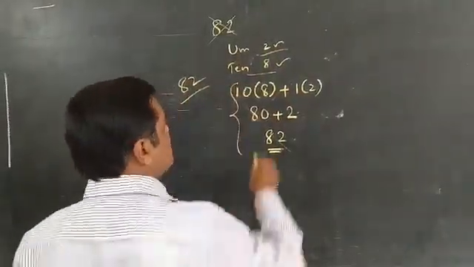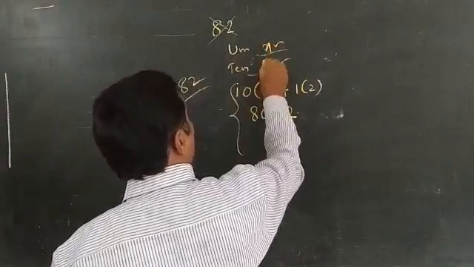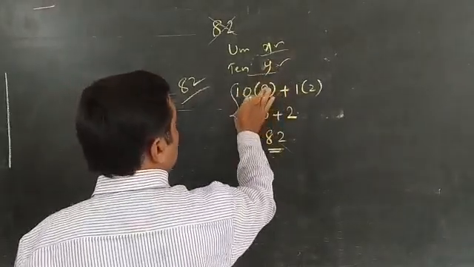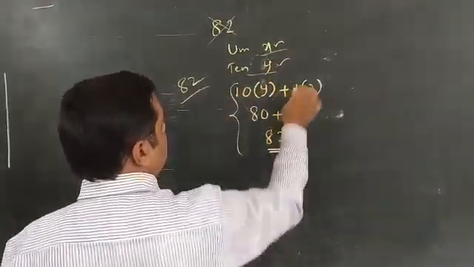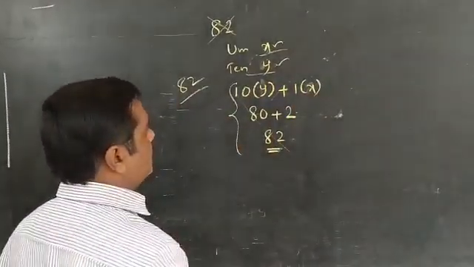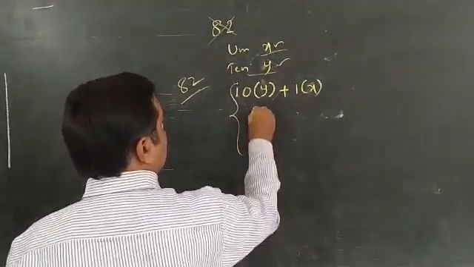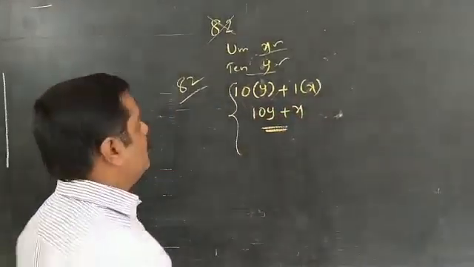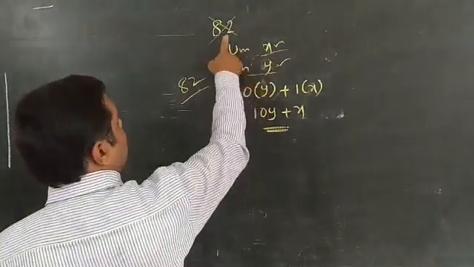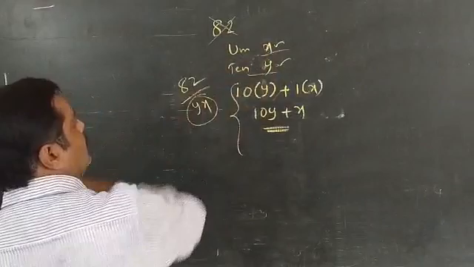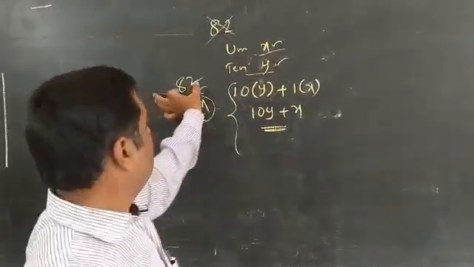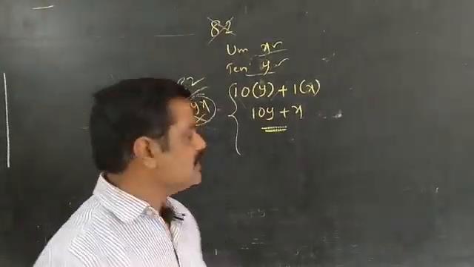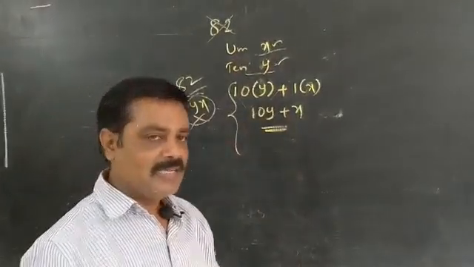If these two are variables, for example x and y, how can we arrange the number? If the tens place is y, put y there, and if the units place is x, put x there. Then your number is 10y plus 1x. We should not write it as yx like 82. That is not the correct number. If they are numerals we can write them simply, but if they are variables we must follow this. Is it clear?